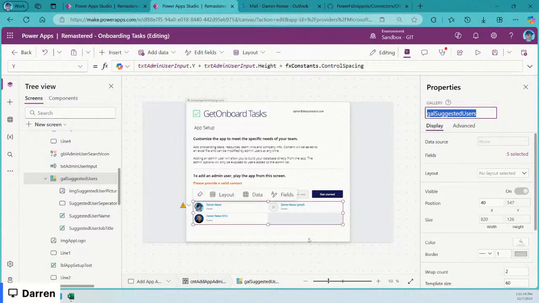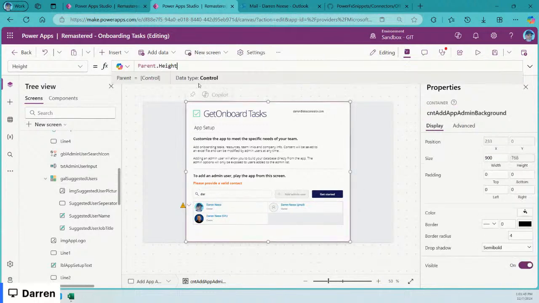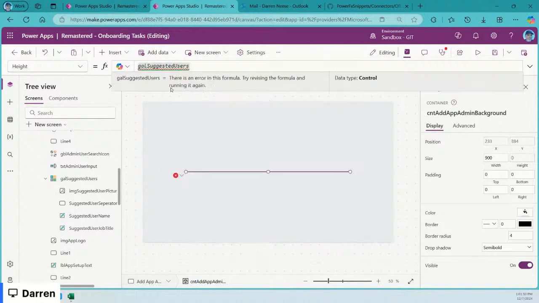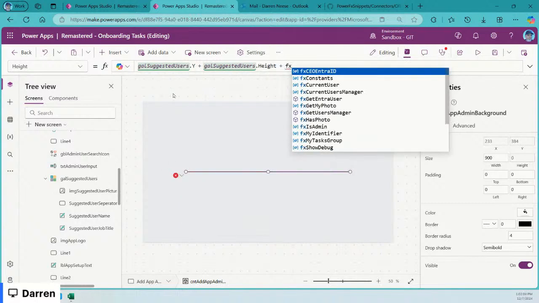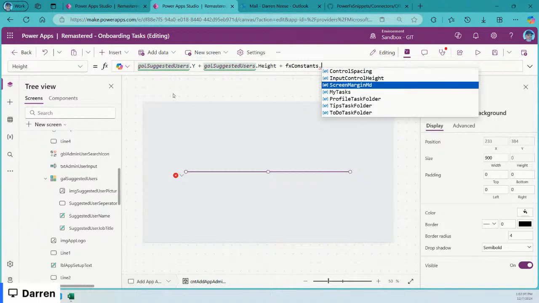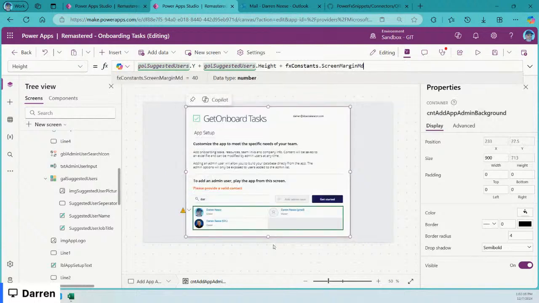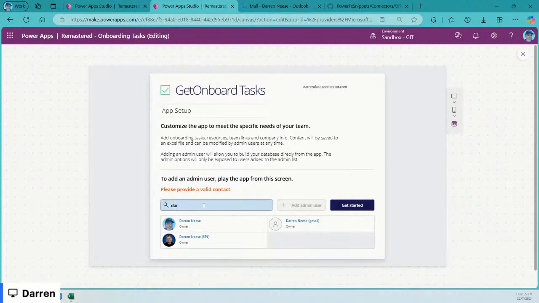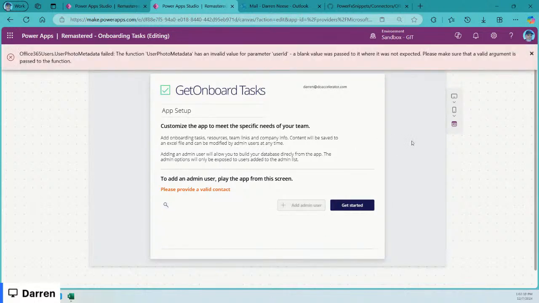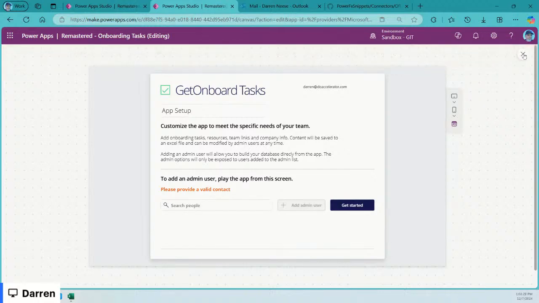All right, so we'll take the name of the gallery. And the height of this guy, let's make this to be the gallery's Y plus its height, plus FX constants, the screen margin. There we go. And then if we had taken that out, why is it still looking for a blank value was passed? Oh, that's why there was a